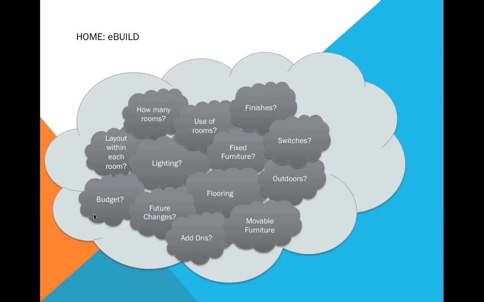how do I design for future changes, how do I add on items, what kind of flooring should I get in each room, and then movable furniture. And there's a longer list than this. And if you think about solutions that have existed in the market for this, there are lots of solutions that have existed for kitchenware, for finished designs, for flooring, for lighting solutions, for layout design. And these are all specialist solutions.